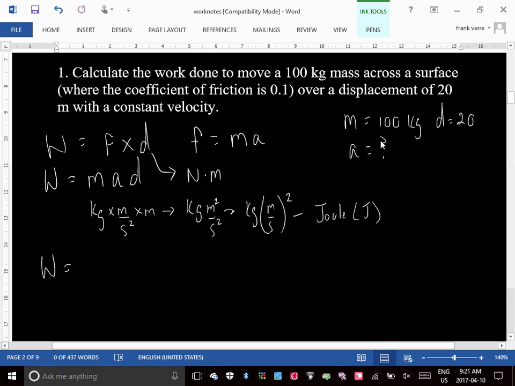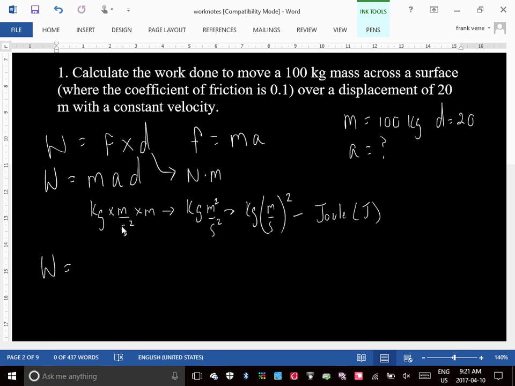But we have a clue in this question. We're told that the velocity is what? So you might be arguing, okay, wait, if the velocity is constant, then there is no what? Acceleration. So then isn't the answer 0? Because if we plug in and use the MAD equation, then A would be 0. But then that doesn't make sense because you are pushing it, so you have to be applying a force, right? So now we've got to think of this question a little bit differently.